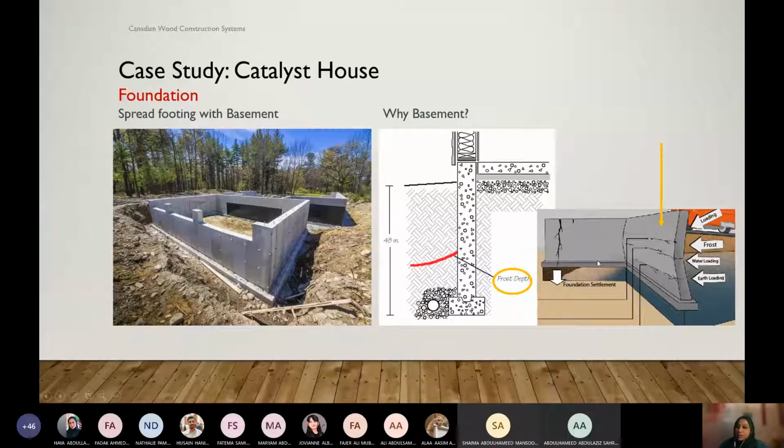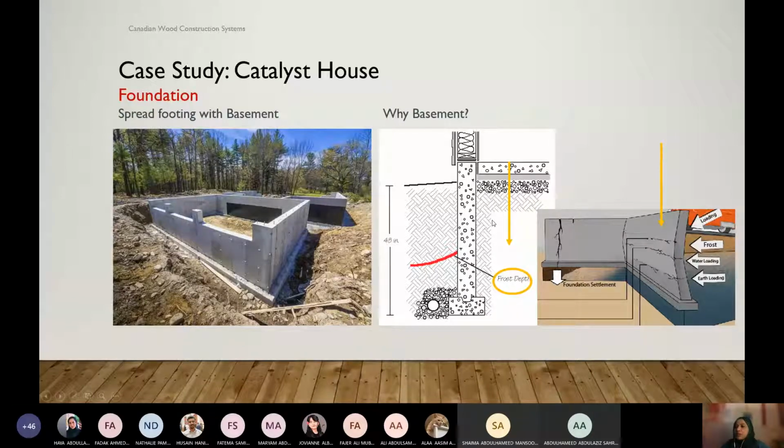So here we have to dig at least 4 feet for our foundation, even though it's a very small scale building. Then we see that, okay, if we are digging 4 feet, why not dig a little bit more? Then we can use that space below ground as livable area.